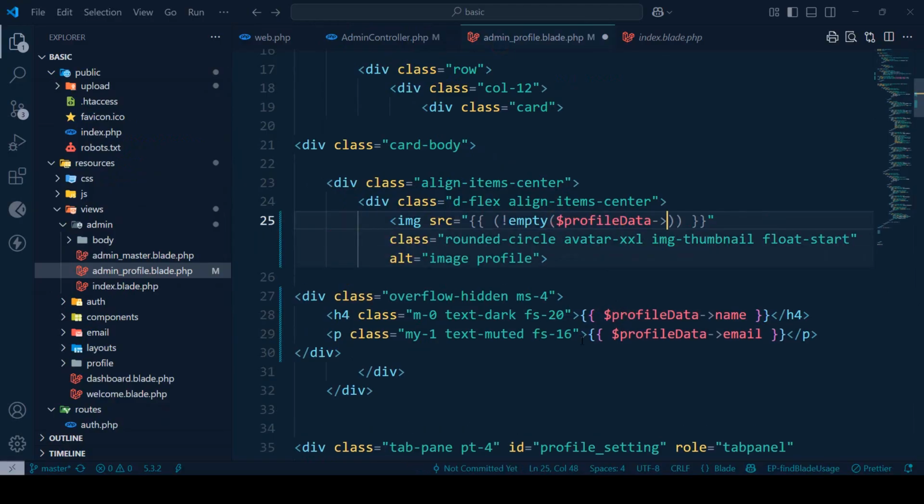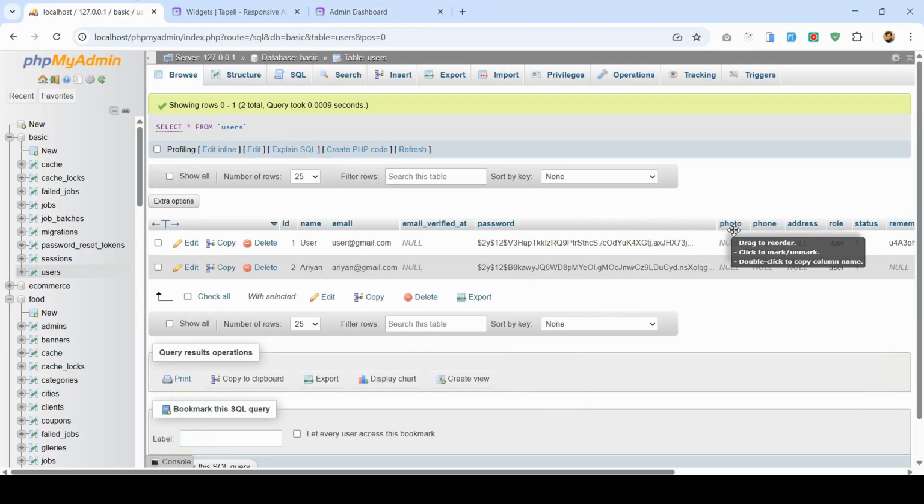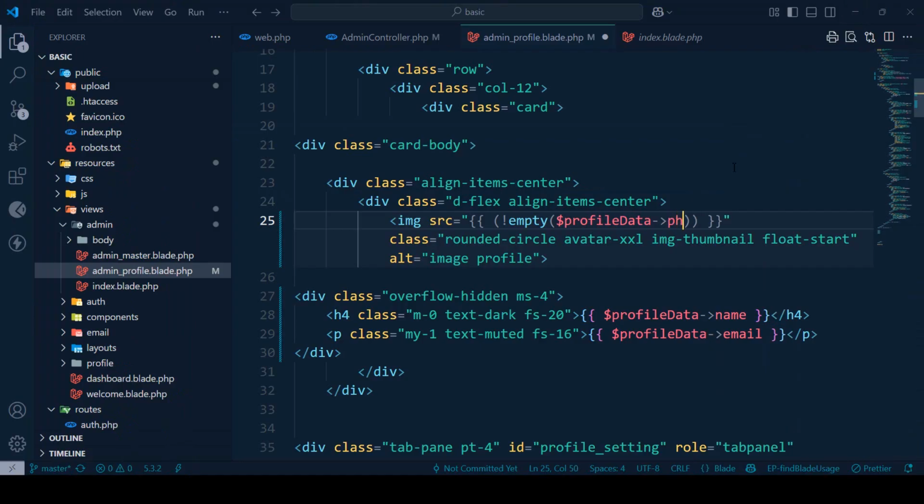So I want to simply pass it our profile data. With this profile data, our image field name is photo, right? So here I want to access it as photo. When our profile data is not empty, then it will do one job. Here I want to pass one URL, and that URL will be in our upload